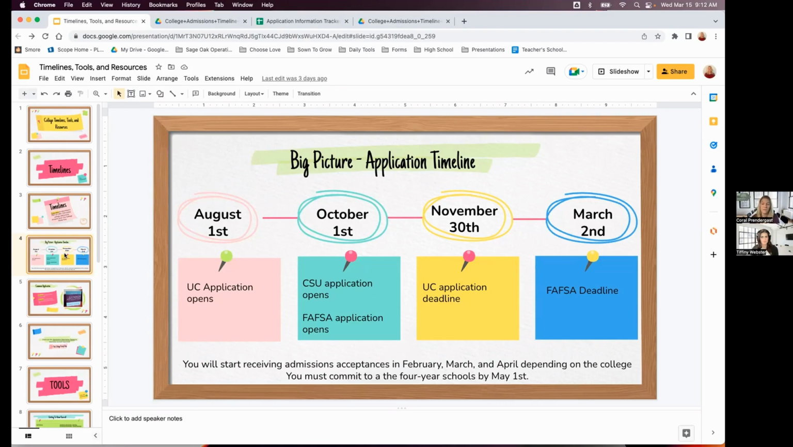You have access to those questions now. They don't change very much from year to year. Maybe they just tweak them a tiny bit, but you can access those now and I'll show you where to do that so that you can start working on those junior year if you want. But just know that UC applications open August 1st and then October 1st, you're going to have your CSU, your Cal State applications open